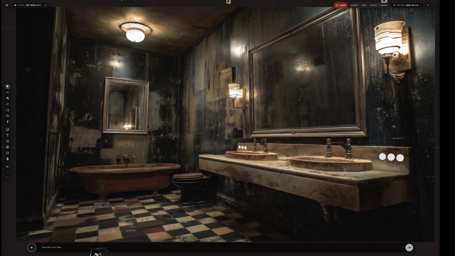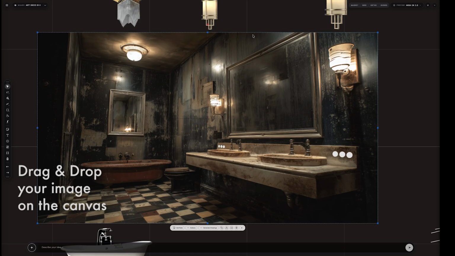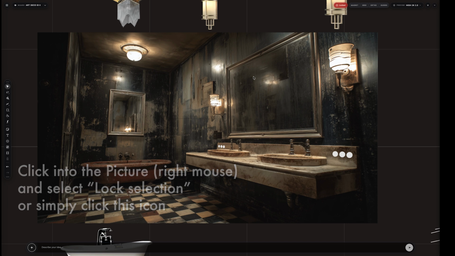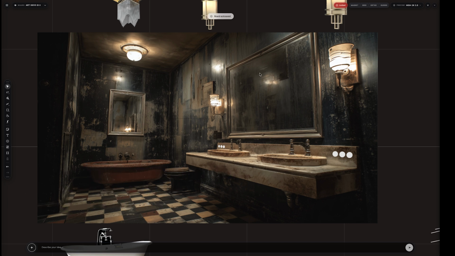Here we have a shabby looking bathroom and we want to transform it into a new styled Art Deco version. First of all, I loaded that picture by drag and drop into the canvas of Freeform Studio. In a second step, I clicked on the picture and set lock selection. So this picture remains in the background and I can't move it anymore. If I want to unlock it again, I click with the right mouse into the picture and go on to